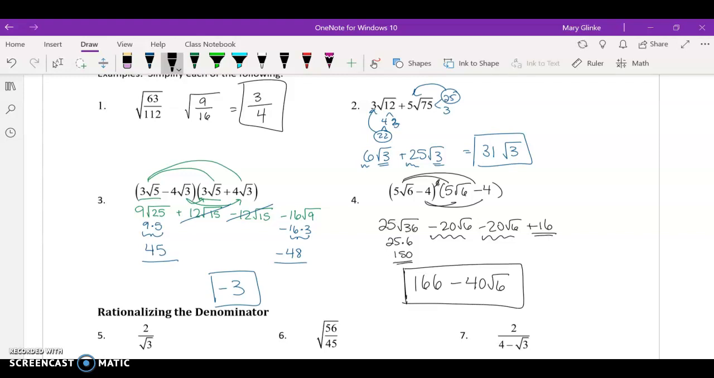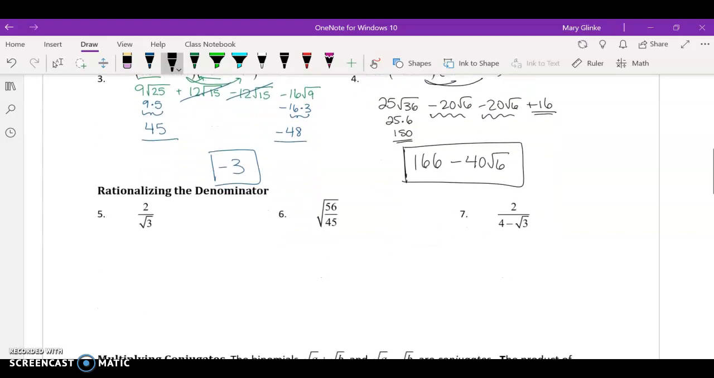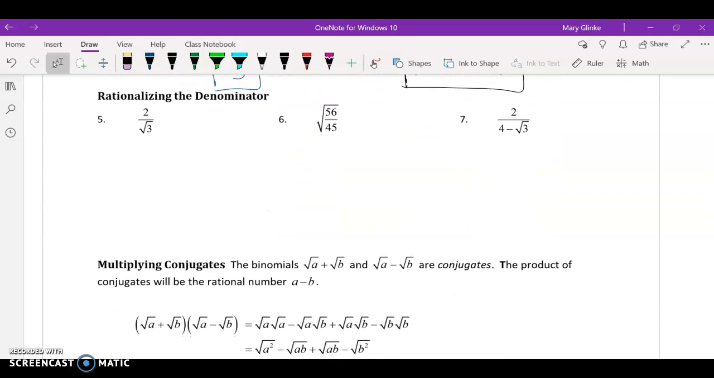So that's just a quick review of simplifying radicals, adding, and multiplying radicals. And now we're going to talk about dividing radicals. You can't have a square root in the denominator. That's breaking some math rules. So what we have to do is something called rationalizing the denominator to get the square root